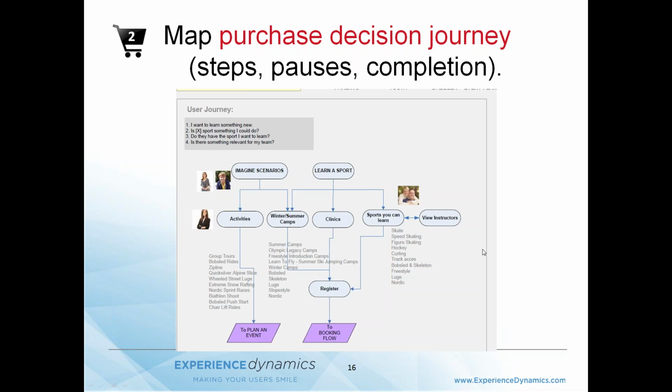So it's an actual adventure park. It's more like sort of an experience, and it's a booking engine. And as you can see here, the booking flow. But what we've done is we've mapped out the steps as you go through. This is the various content that you would hit, and as you can see, true to supporting the purchase